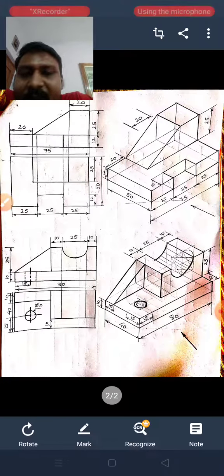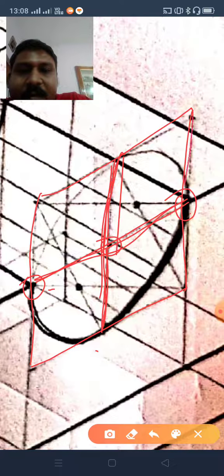Now let us zoom it. How to draw this? See, I have drawn here also, very simple. Take this point and this point, join this, take the center at 12.5. Once you have drawn the center, take a depth of 12.5, take a height of 12.5, since it is a circle, so this line and this line dimension will be the same. So here also 12.5 means 25, this is also 25, complete. From this line, draw a parallel line from here, a parallel line from here, draw a line parallel to this from here, and you will be done with your rhombus.